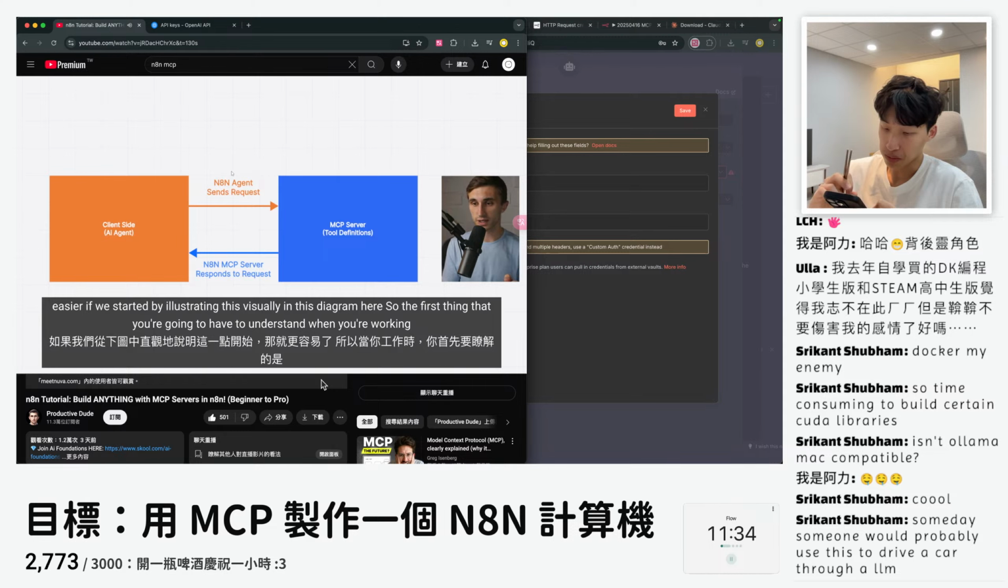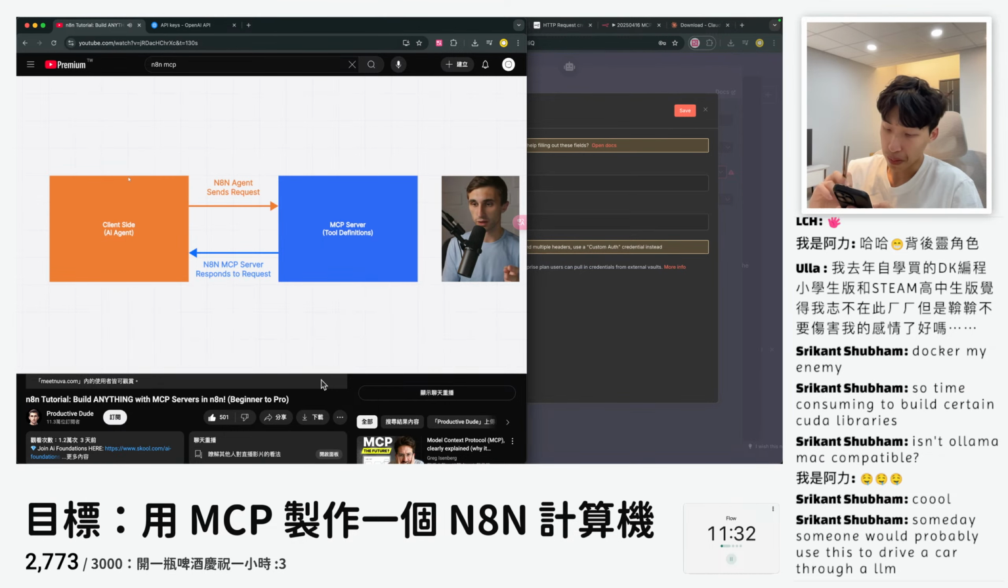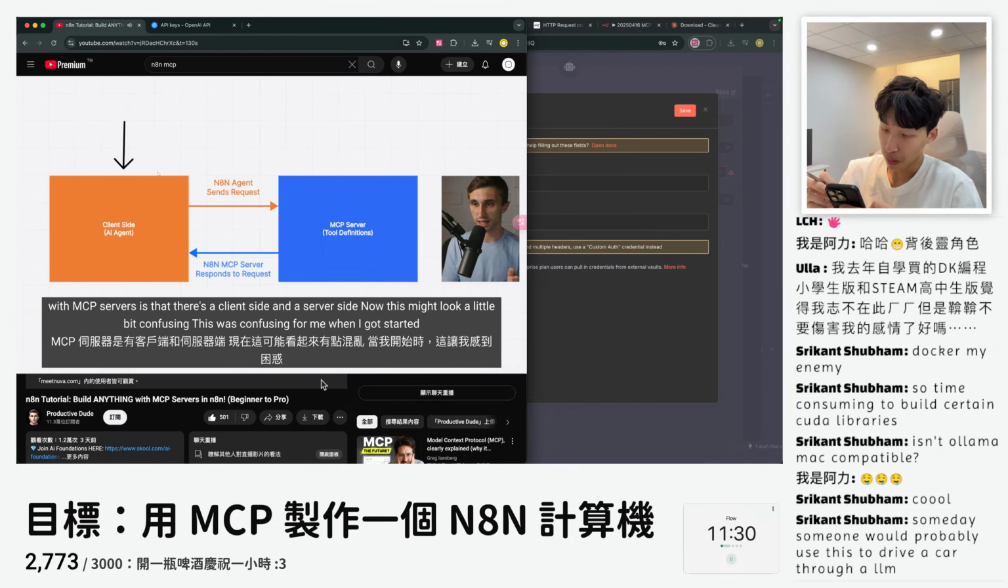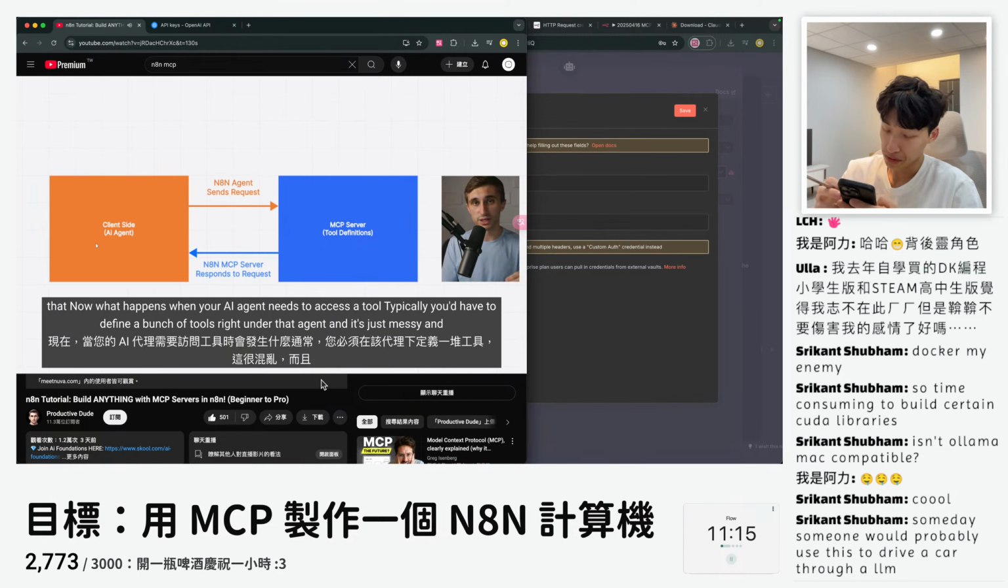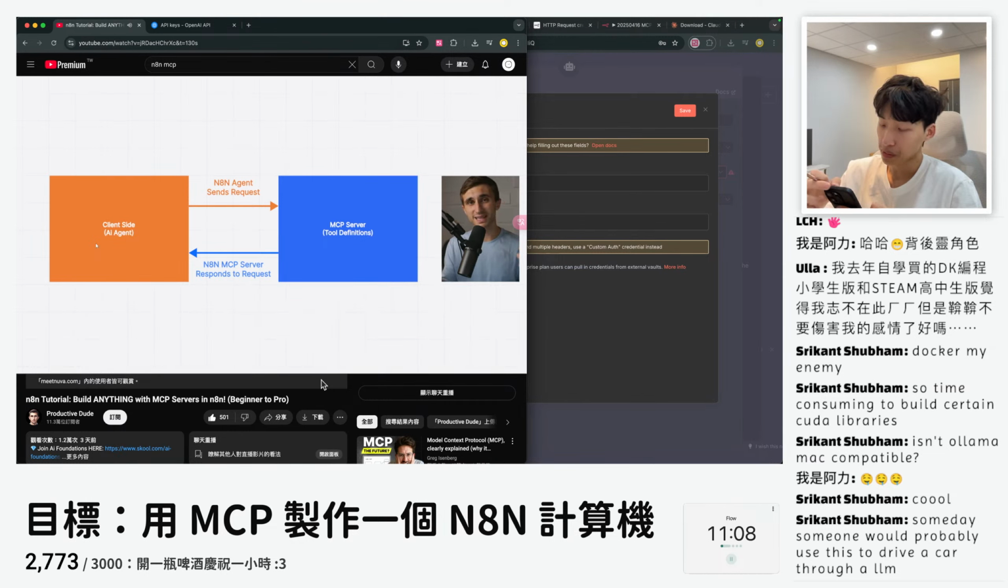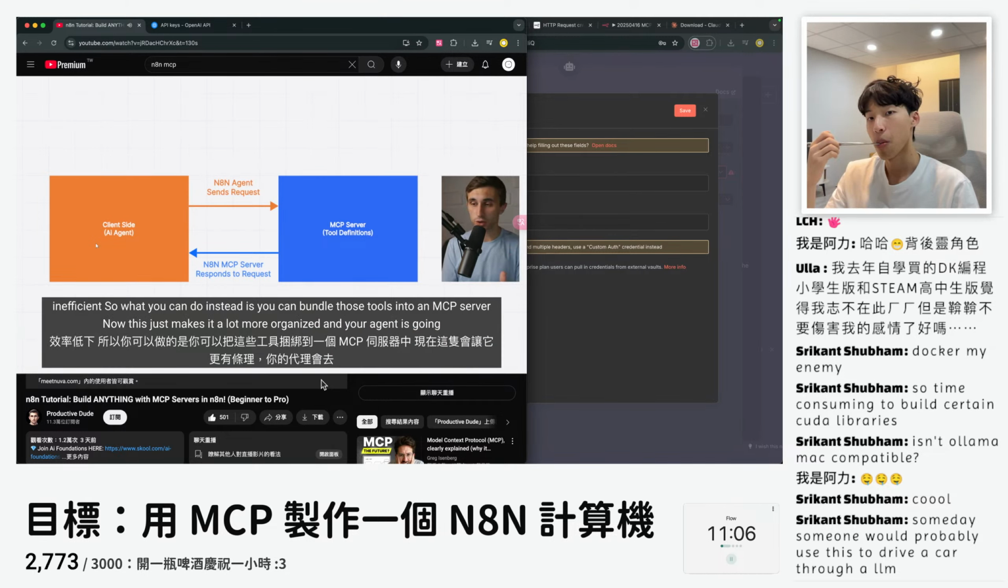So the first thing that you're going to have to understand when you're working with MCP servers is that there's a client side and a server side. Now, this might look a little bit confusing. This was confusing for me when I got started too, but I'm going to really break it down and simplify it for you. I'm going to show you all the steps to build this stuff, so don't be too concerned about that. Now, what happens when your AI agent needs to access a tool? Typically, you'd have to define a bunch of tools right under that agent, and it's just messy and inefficient. So what you can do instead is you can bundle those tools in tool